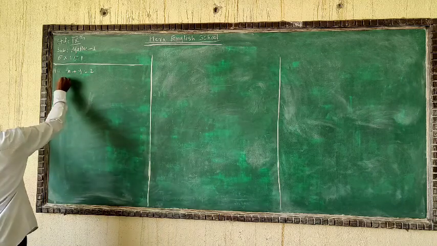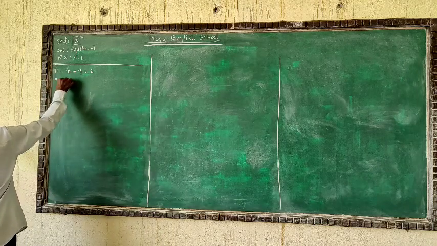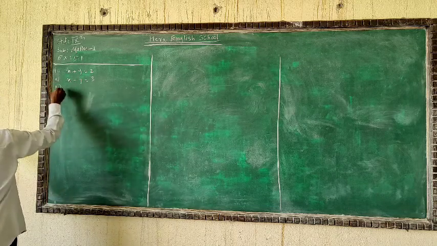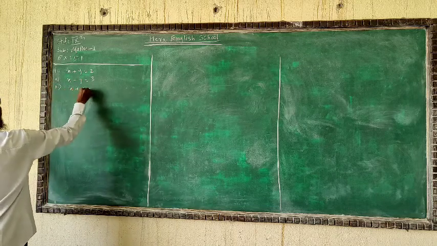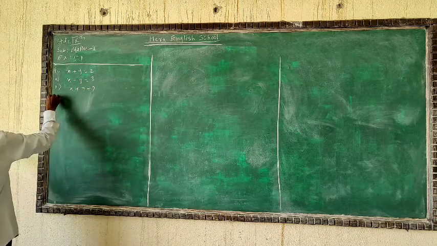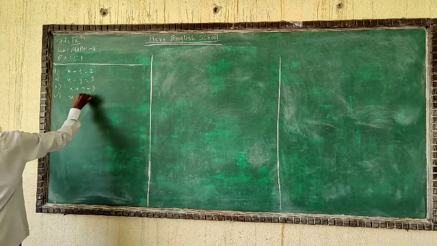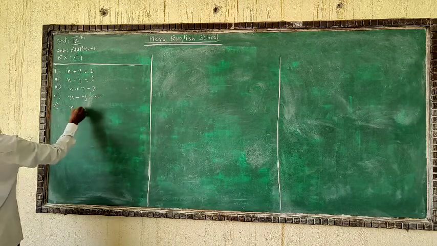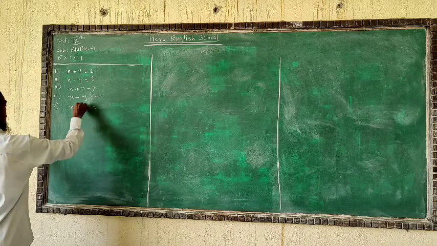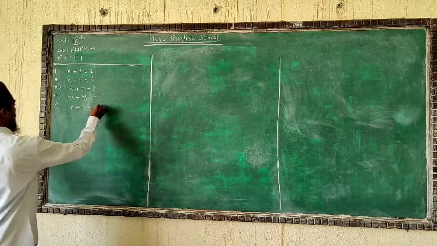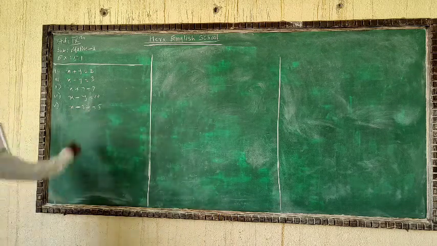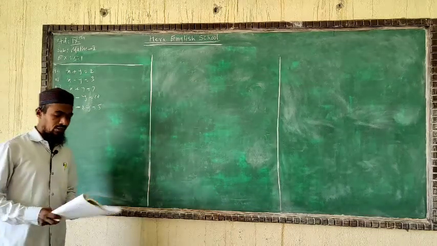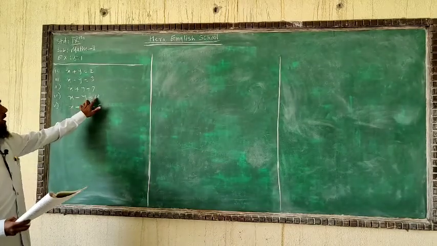One equation I have written here. The second equation will be x minus y is equal to 3, you can take there. The third one, x plus y is equal to 7, you can write there like this. Fourth one, x minus y is equal to 10, you can take there. And the fifth one, x plus 2y equal to, you can take 5 also. Like this, it depends on you, you can take any equation there. We should take suitable values on the right side.